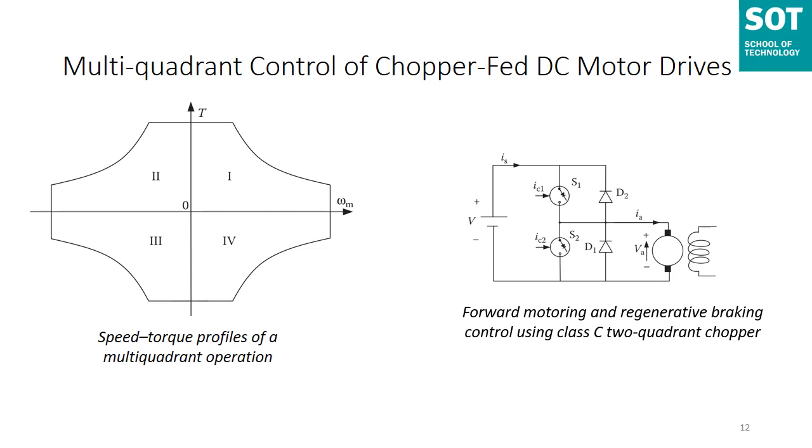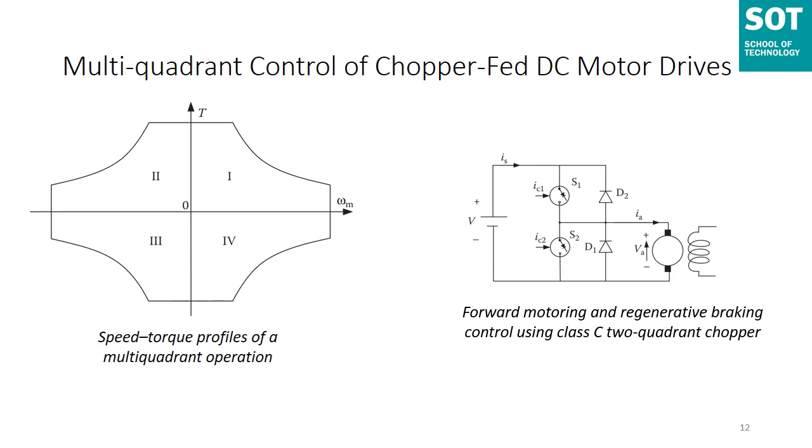From here, we can see from the chopper circuit, it will be very interesting to know the waveforms. First, if you will see the control current waveform IC1 for the switch S1, the switch S1 will be on for a period from 0 to delta T. The switch S1 will be on from 0 to delta T, and at the same time the switch S2 will be off.